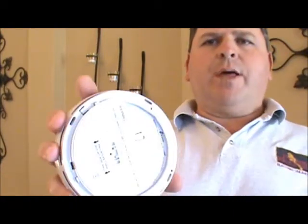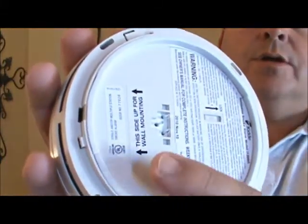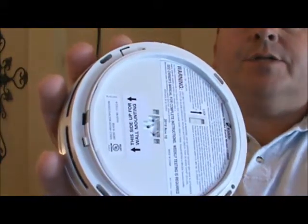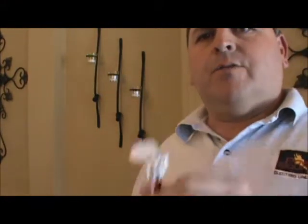All right, so we've seen how the smoke detector is mounted up on the ceiling. We've seen the wires coming out through the opening in the mounting plate, and taking a look how it plugs right into the back. I want to give you a little bit closer look of how that plug looks. Here's our smoke detector we pulled out of the box. You can notice right in the bottom of it, you'll see 3 prongs. They're located right here. And then you'll see our bracket right here. Just plugs in just like you would plug into a wall outlet,